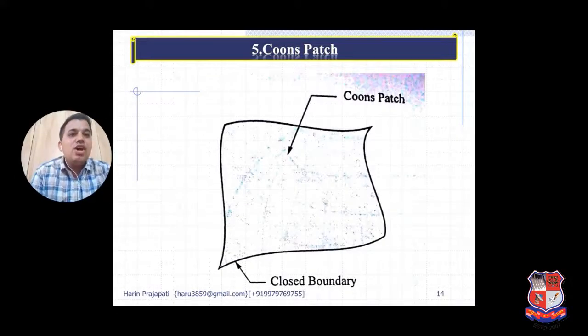Next is the cone page. Cone page is a particularly simple method. Different points are taken at various locations in the global coordinate system, and a surface is passed through all of them. If I take one point here, one point here, and one point here, the surface will pass through all three points.